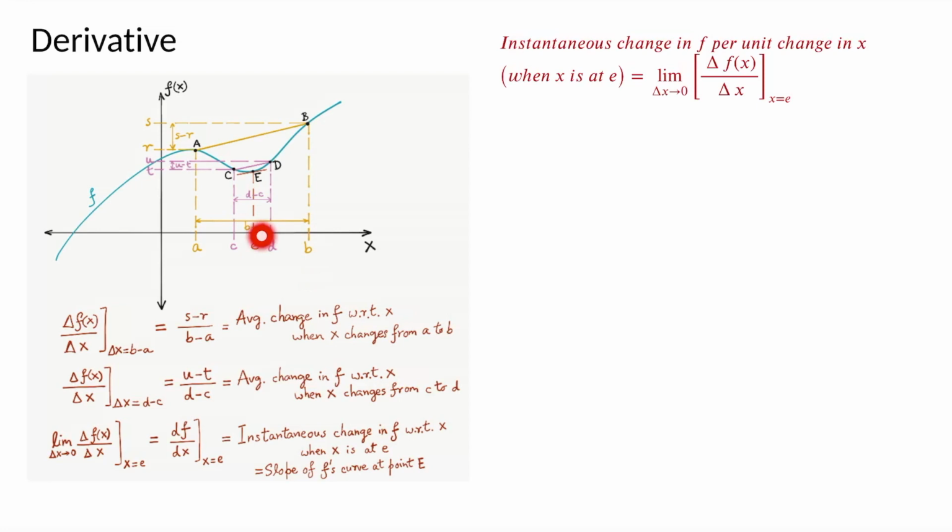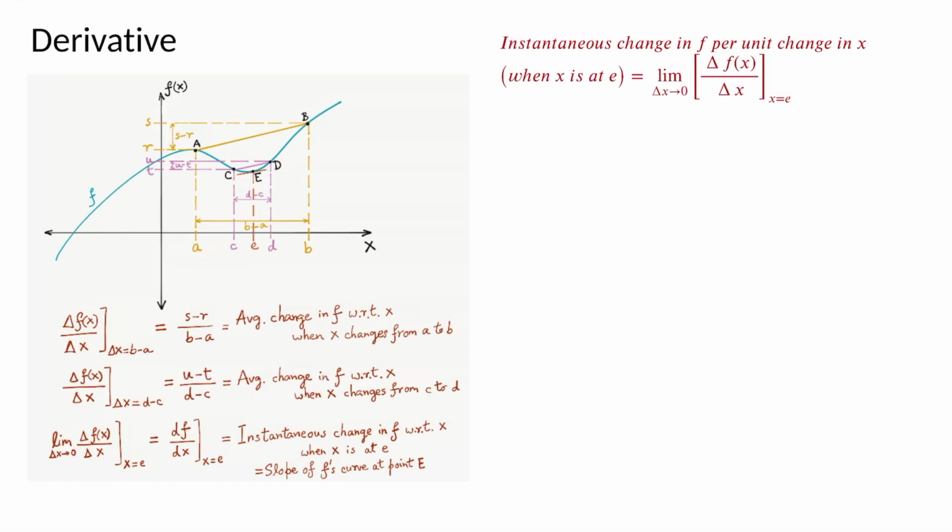Now, does the slope of this secant AB approximate the slope of the tangent to the curve at point E? Well, maybe or maybe not. That depends on the exact shape this function takes around x equal to E. So a better estimate of the slope of the tangent at x equal to E would be if we take the points on the left and to the right of E which are closer to E. So, let us move closer to E.